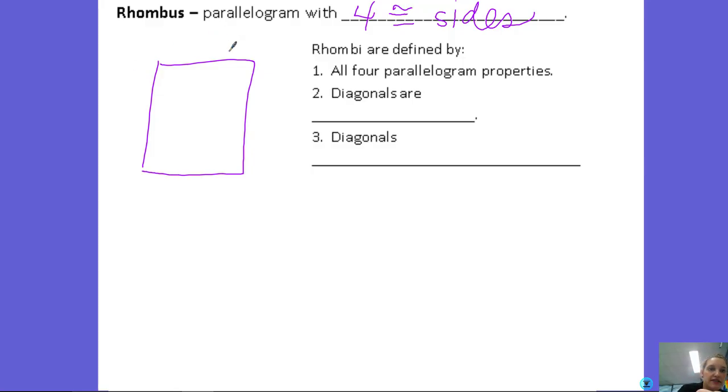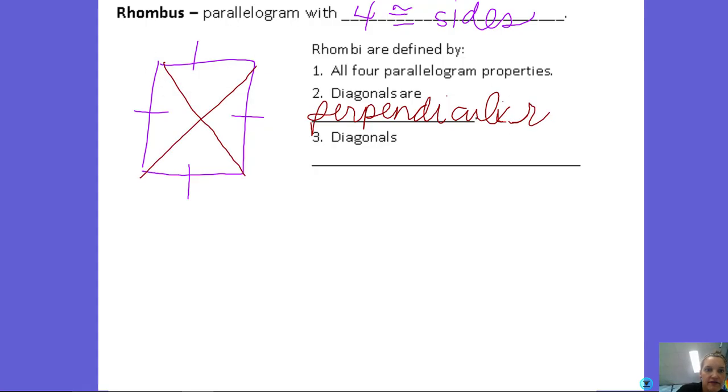But in a rhombus, not only are the opposite sides congruent, but the consecutive sides are congruent as well. So all 4 sides are congruent. The diagonals bisect each other because it's a parallelogram, but specifically the diagonals are perpendicular. Which means these 2 diagonals are going to intersect and form right angles. So I've just created 4 little right triangles